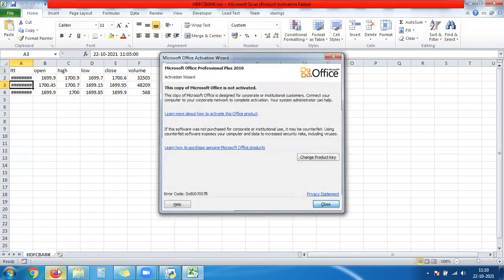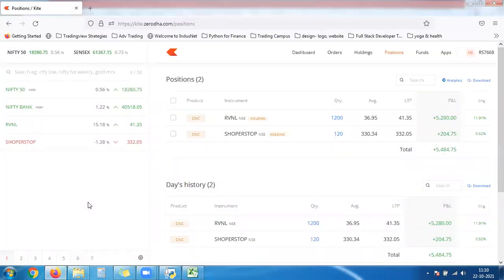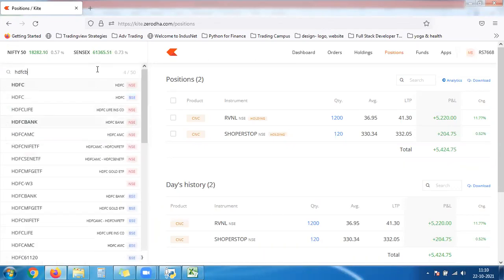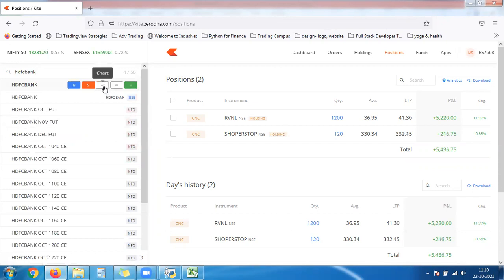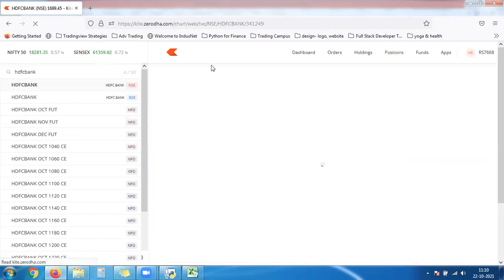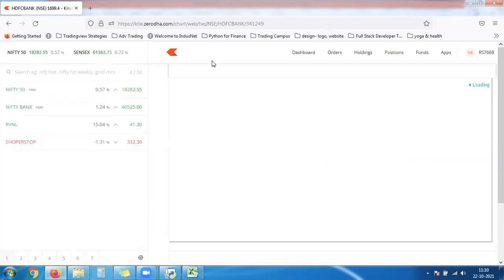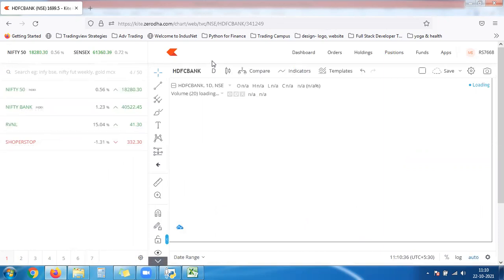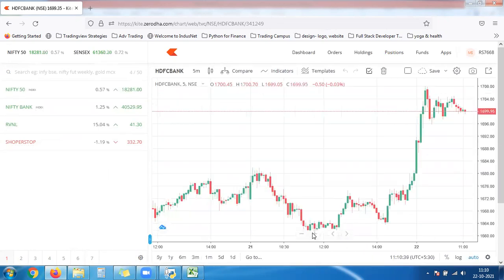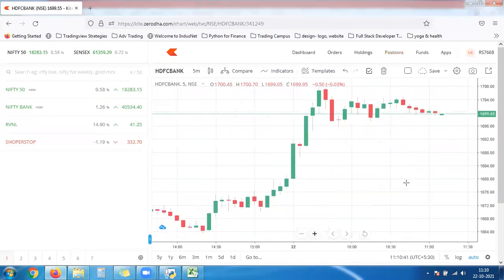Now go to any charting platform or your brokerage platform, type HDFC Bank and open the chart. The five-minute chart is what we want. At 11:05, this is the candle.